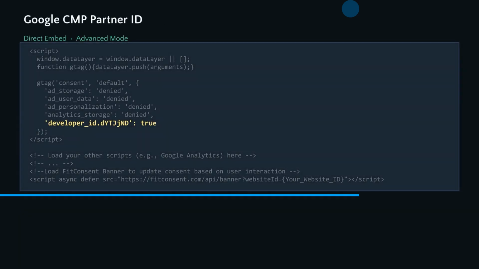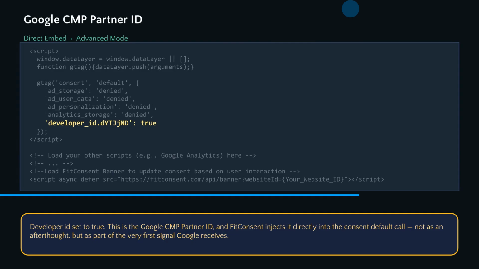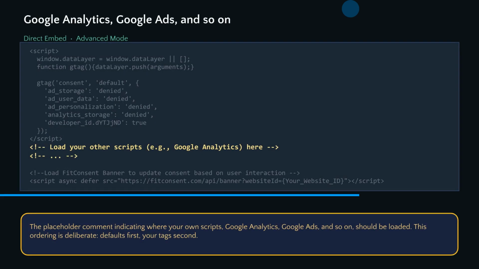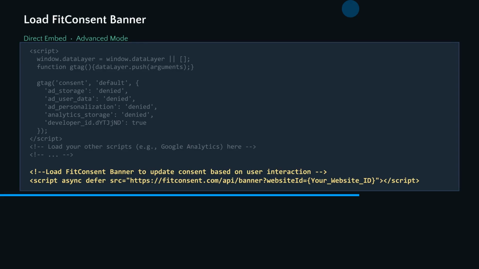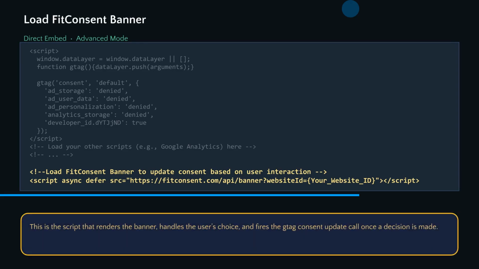This is the Google CMP partner ID, and FitConsent injects it directly into the consent default call, not as an afterthought, but as part of the very first signal Google receives. This is what registers FitConsent as a CMP responsible for this consent state. Below the script block, there's a placeholder comment indicating where your own scripts, Google Analytics, Google Ads, and so on should be loaded. This ordering is deliberate. Defaults first, your tags second. The final line loads the FitConsent banner script asynchronously. This is the script that renders the banner, handles the user's choice, and fires the tag consent update call once